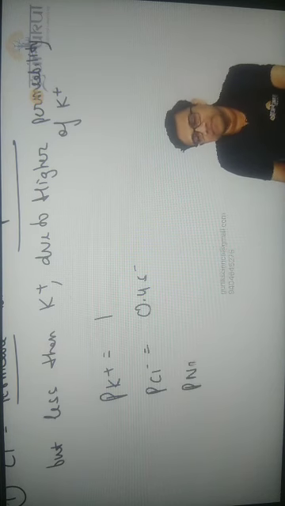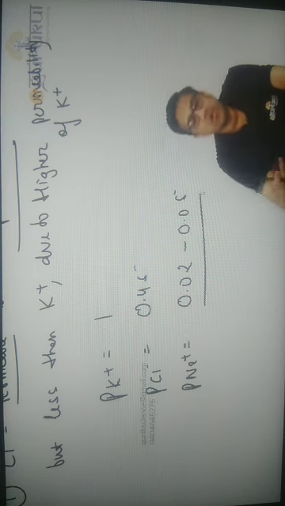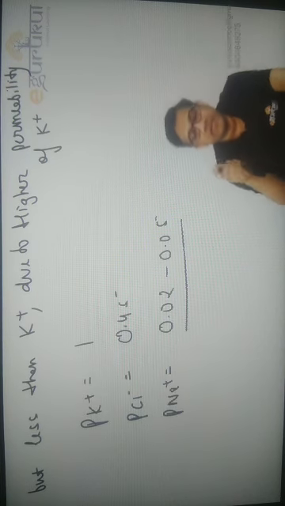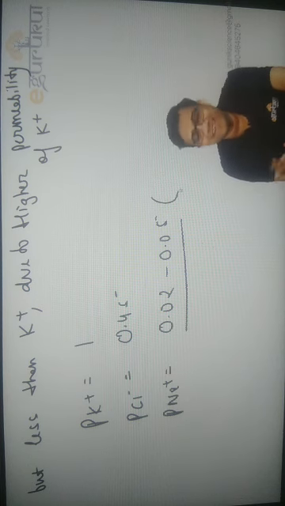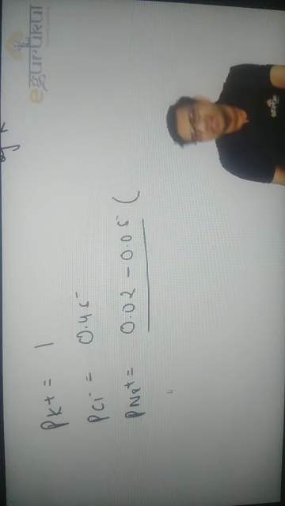Now, interesting thing, P sodium is 0.02 to 0.05. So you can take it as almost 2% of the potassium. It's not 0, but very close to 0. That is why the total current it produces is almost insignificant. It is easily overshadowed by the potassium currents. It contributes hardly half to 1 millivolt, so it is taken as almost insignificant.